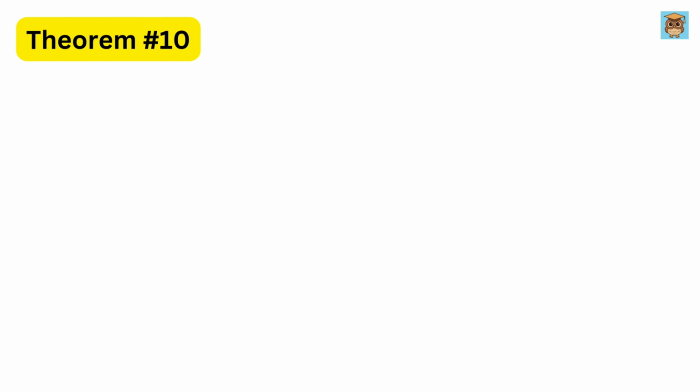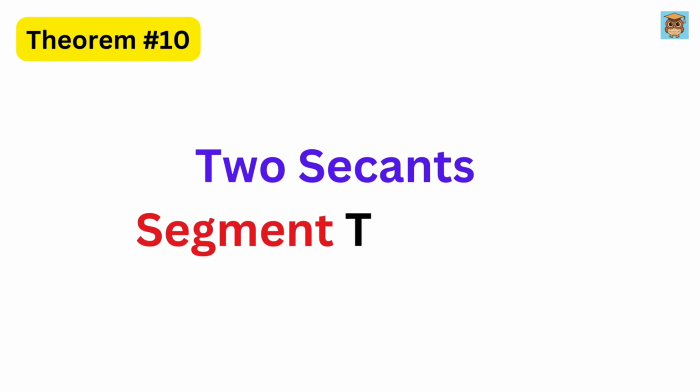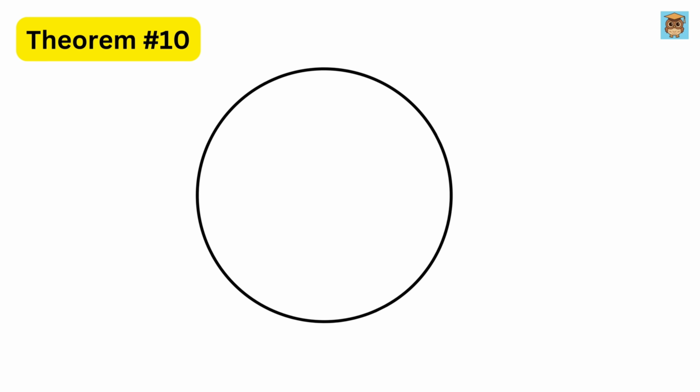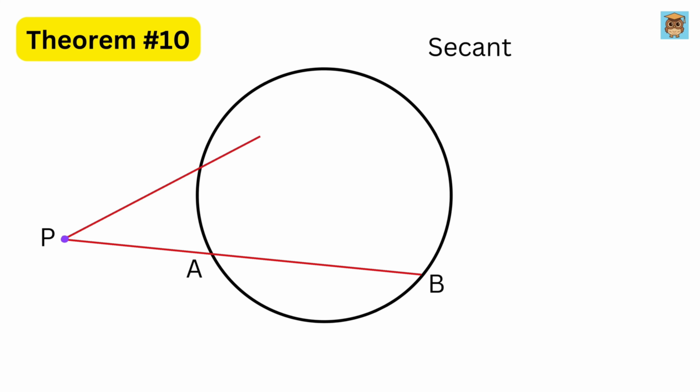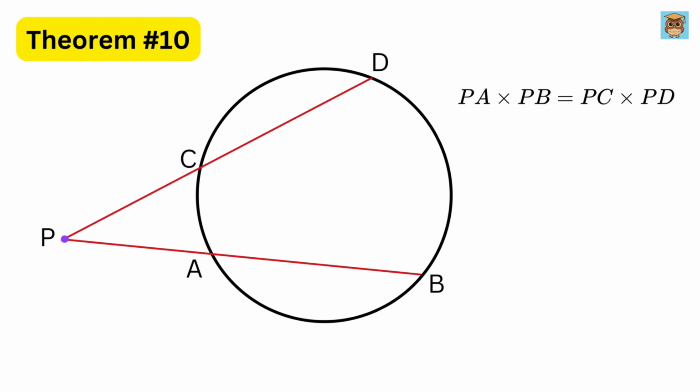Now, Theorem 10, two segment theorem. Suppose we have a circle and an external point P outside the circle. From P, we draw a second line that intersects the circle at two points A and B, and we draw another second line that intersects the circle at two points C and D. Then, according to the theorem, the product of the distances PA times PB will be the same as PC times